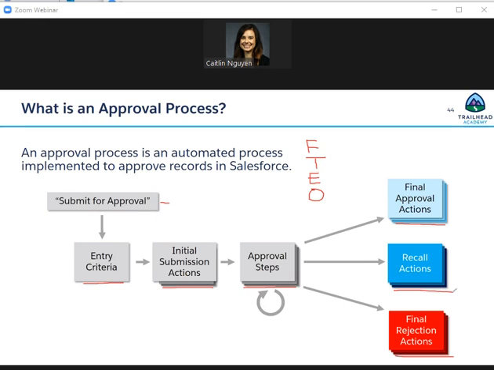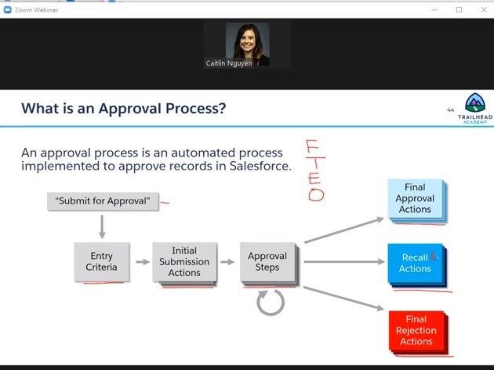Now, whether or not you use this for an expense report in your own org, my favorite example of an approval process is comparing it to submitting an expense report. When I have an expense report, I submit it for approval. And when it gets submitted, it's locked. I'm not able to make changes to it. It's sent off to my manager. Now, in my current job, if I realize I forgot to make a change or I forgot to add a receipt,